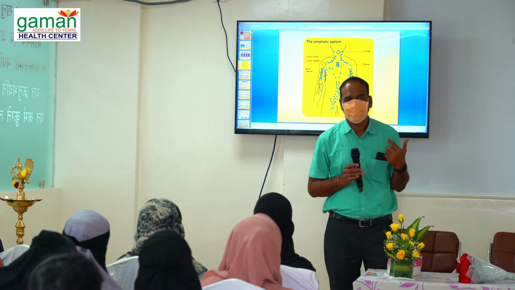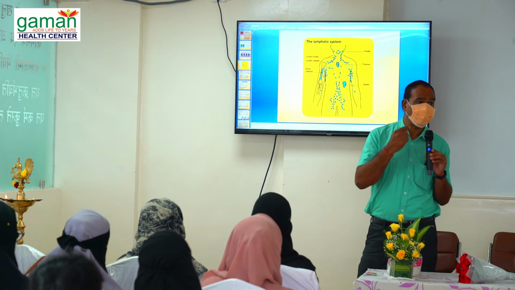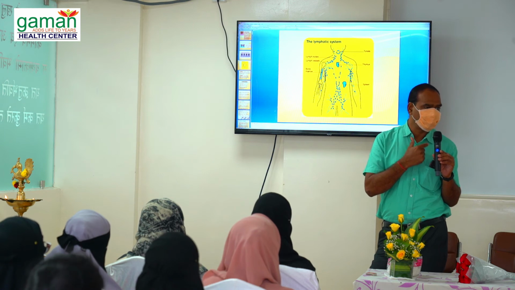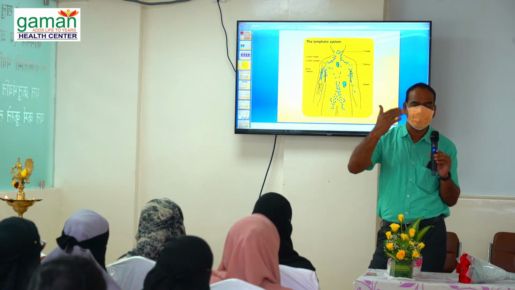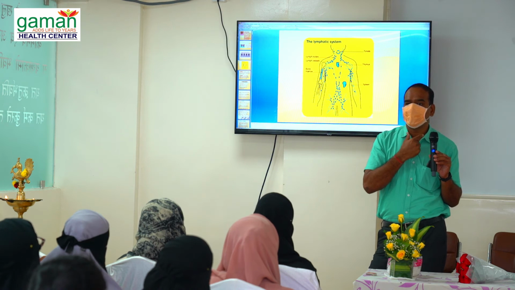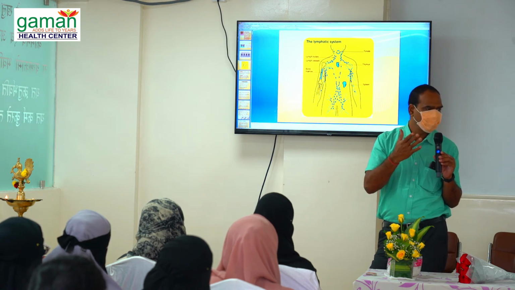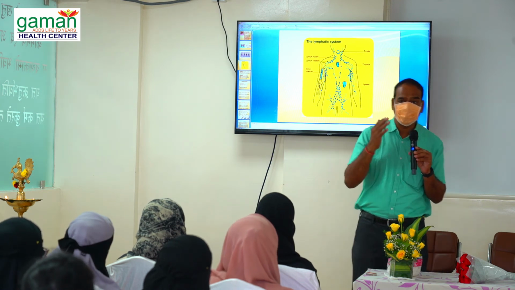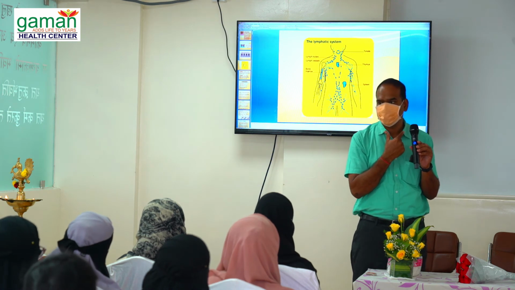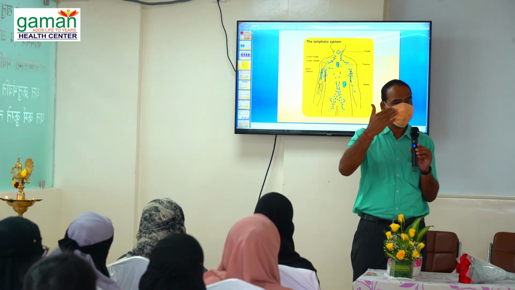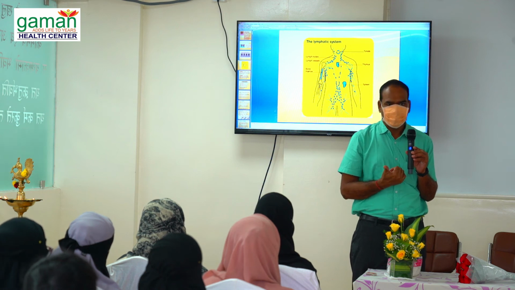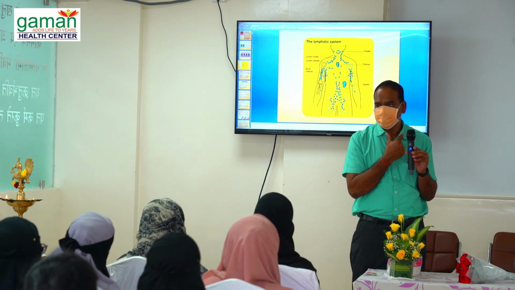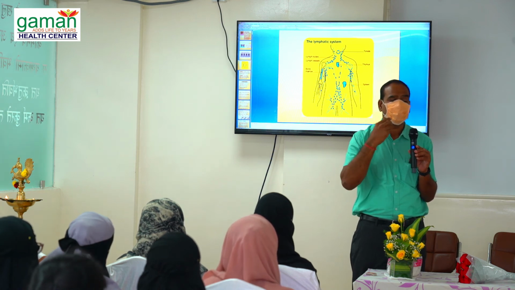Who will tell me? Whenever children get an upper respiratory tract infection, the tonsils are involved. Children mostly, up to the age of 5 or 7 years, frequently get upper respiratory tract infections. So what is the role of tonsils? Tell me. Sometimes doctors will remove them also. You know tonsillectomy. So what do you mean by that? What is the role of tonsils in our body? It is useful, it is very necessary for immunity. Remember this thing. Okay, but sometimes if permanent enlargement is there, doctors remove them also.